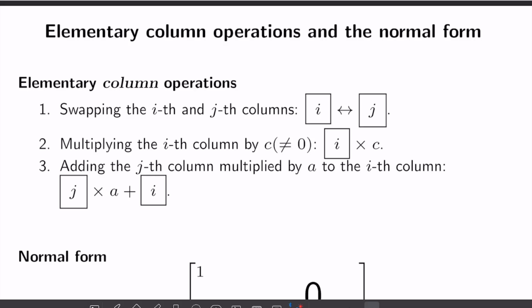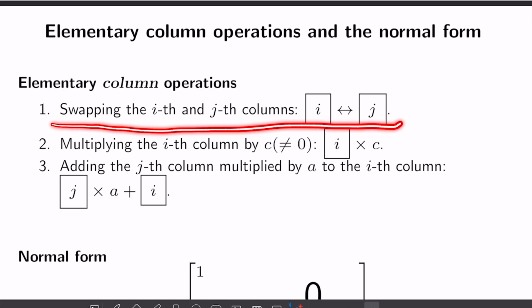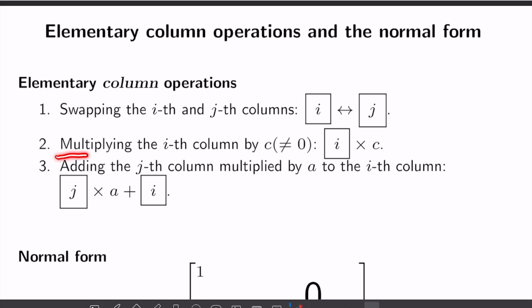In this video, we study elementary column operations as opposed to elementary row operations. That is, instead of swapping two rows, we swap two columns. And instead of multiplying a row by a constant, we multiply a column by a constant. And instead of adding a multiple of one row to another row, we add a multiple of one column to